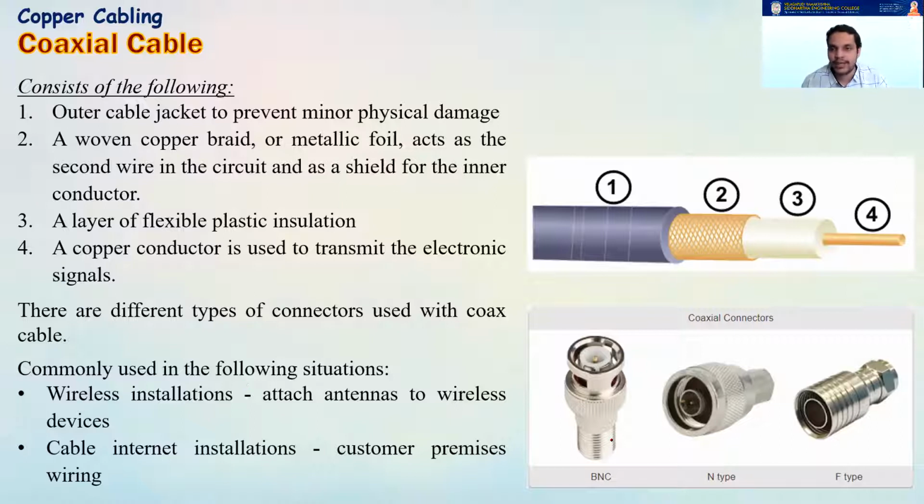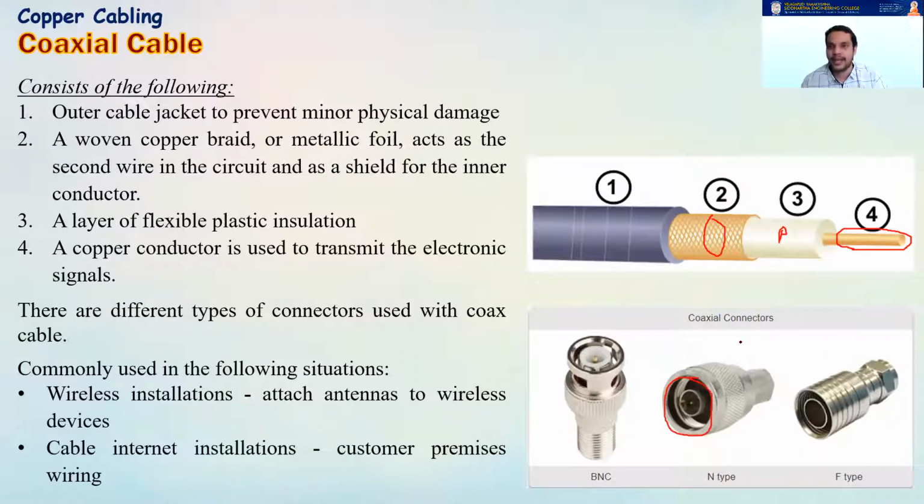If you once again check out the diagram, this is your central copper conductor, which is slightly bigger in diameter, and this is your second conductor. These two are separated from one another using the plastic insulation. This is called a woven braid or mesh, and the connectors are connected in such a way that the inner copper conductor goes here and the outer one is connected to this cylindrical part.